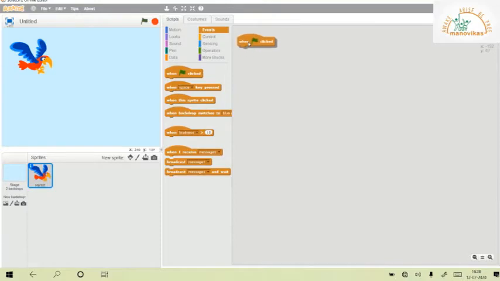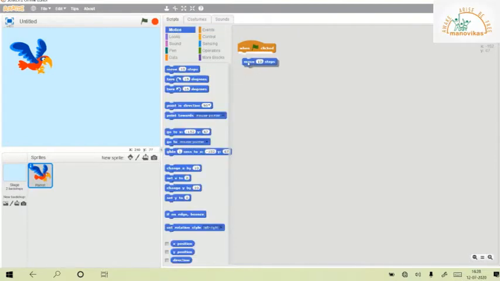I will use these hat blocks, so I can pick any one of these. This block, when the green flag is clicked, then the sprite is going to move. So I'm going to use this, and then to move we go to motion, and I have picked it here.